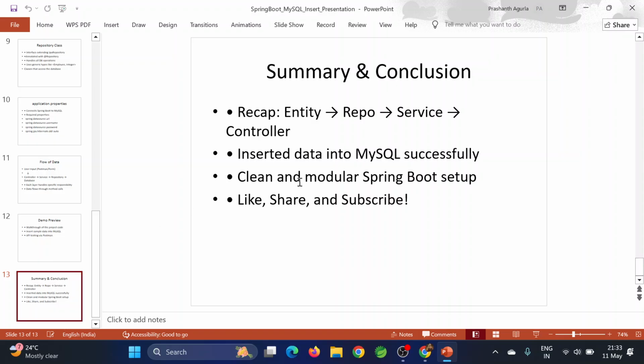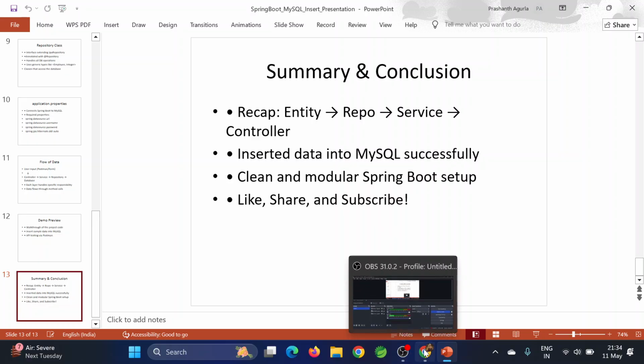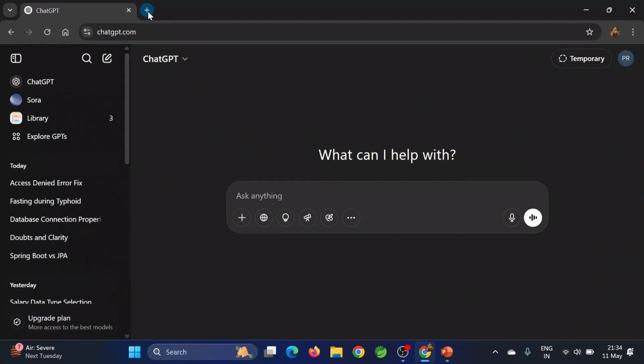So guys, today I'm going to download the project again from Spring Initializr. I already showed you how to download the project in the previous video, but in that video I didn't add many dependencies. This project needs a lot of dependencies that are required to insert the data. So I'm going to import the project from Spring Initializr. I'm going to show you the whole process, so stay tuned. Go to Chrome, open this,